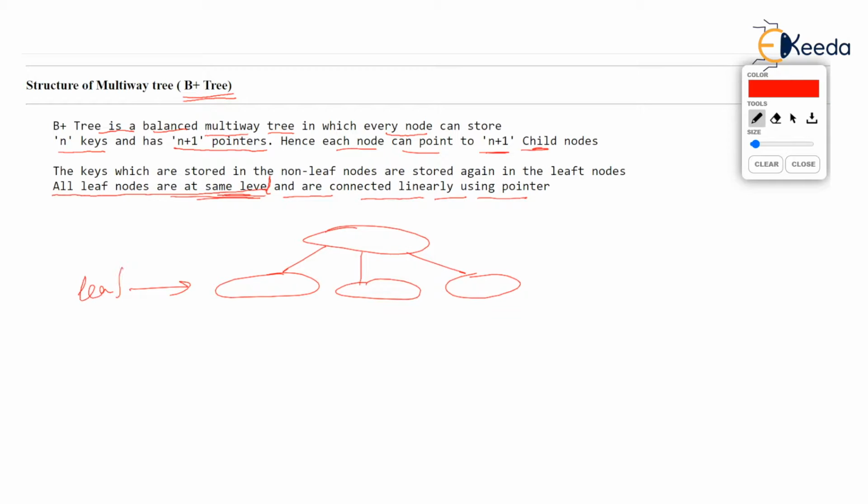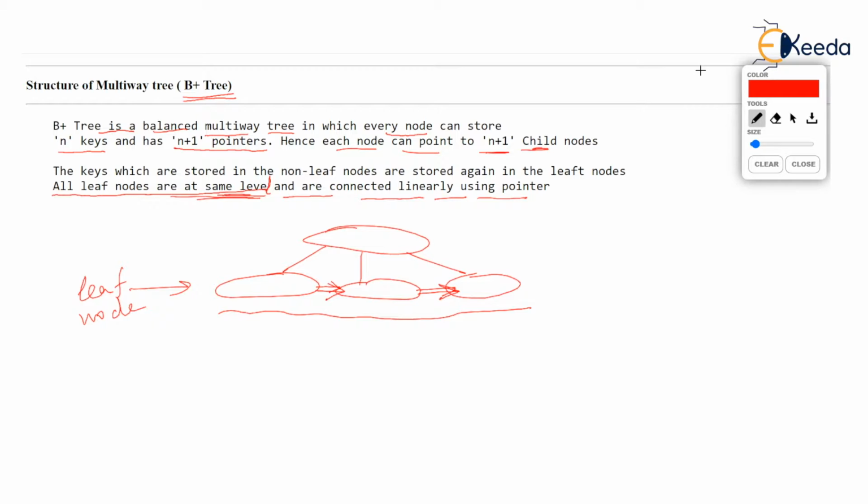Imagine a very small B plus tree. These leaf nodes are at same level. Then these leaf nodes are connected sequentially using an additional pointer. But this type of connection between the consecutive leaf nodes was not seen in B tree. In B tree also all leaf nodes are at same level, but leaf nodes are not connected sequentially using pointers. But in B plus tree, leaf nodes are connected using pointers.